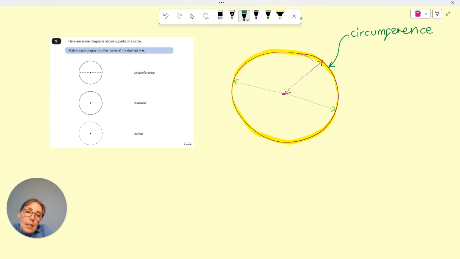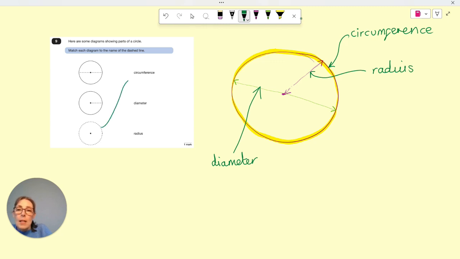Now the radius is this bit here, that bit there. That's the radius. The radius touches the centre of the circle, and it's from the centre to the outside. And the diameter goes all the way through from one side of the circle through the centre to the other side of the circle. So the circumference, and it says the dashed line, so it's made it very clear